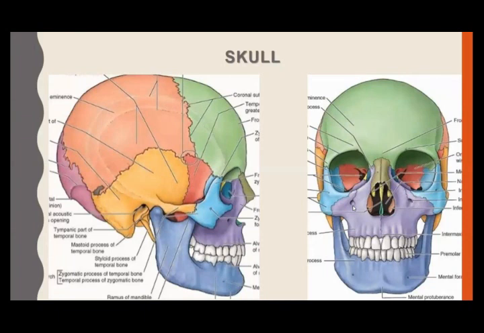This is the frontal bone. Please note that the lower margin of the orbit is the frontal process of